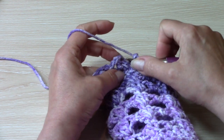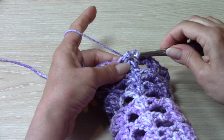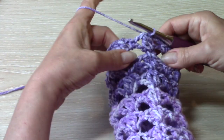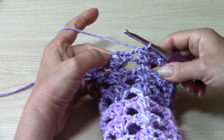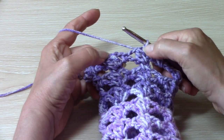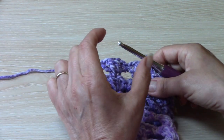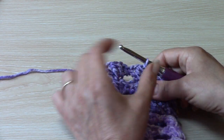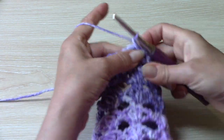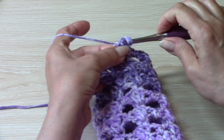We are going to slip stitch into the top of that beginning cluster. All right, and now we're going to put 1 half double crochet in each stitch that accounts for the set of 4 stitches to make up the sequence. Okay, so chain 1, going to half double crochet in that same beginning stitch,